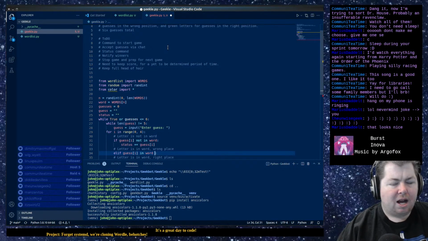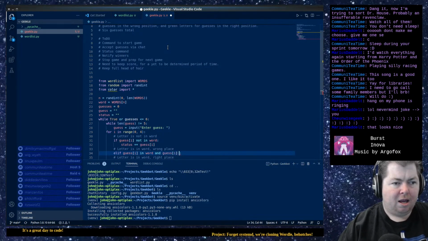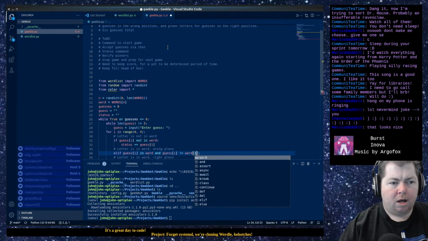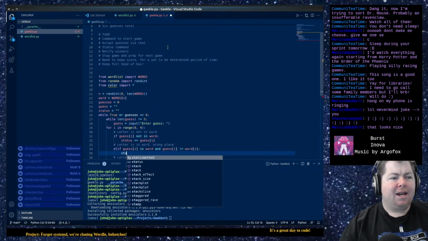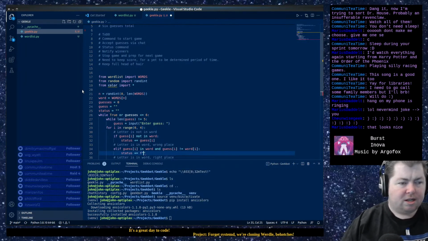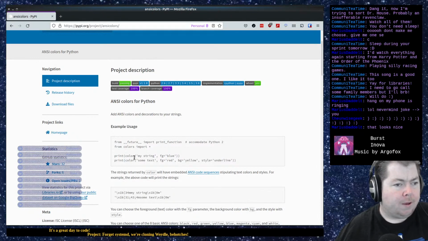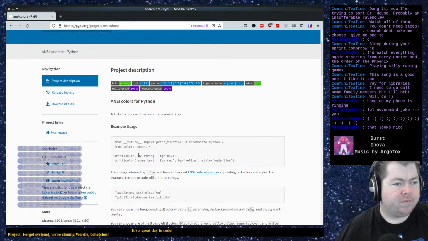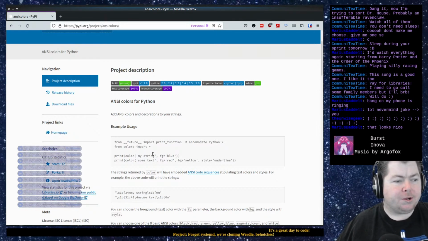So if guess i in word and guess i not equal to word i, this will have to be added in yellow. So I'll do this as a formatted string, I think. Oh, okay, no, that's perfect. So that really makes it easier.